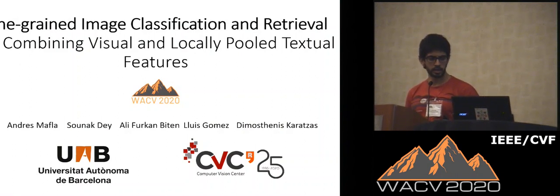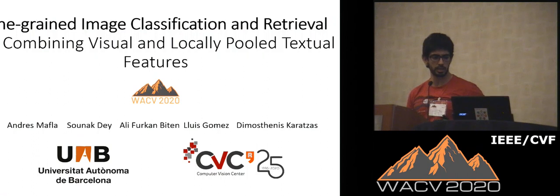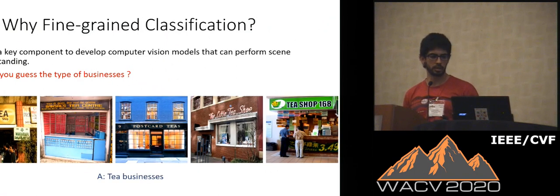And in this task, we perform fine-grained image classification and retrieval by leveraging text information within an image. As we know, text contains rich semantics, which have to be exploited towards a full understanding of an image. As we can see, we cannot perform classification or retrieval if we don't read the text. So basically, we want to leverage these semantic features, and we have to acknowledge the importance of them towards